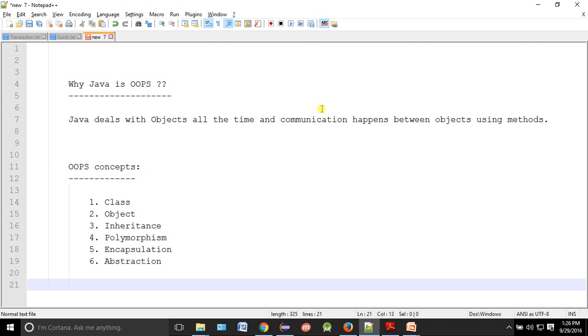So these are the concepts which will always be followed by Java. Class, object, inheritance, polymorphism, encapsulation and abstraction.